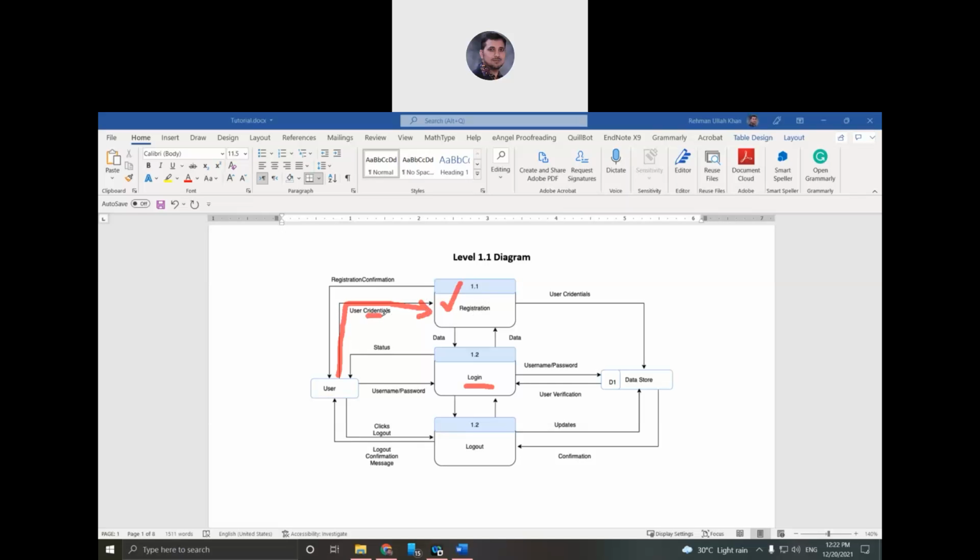The credential means username, password, email address, and so on. All these credentials will go from the process and be stored permanently in a data store. Once this process completes, the user will get a registration confirmation message.